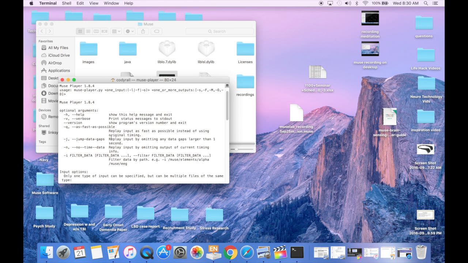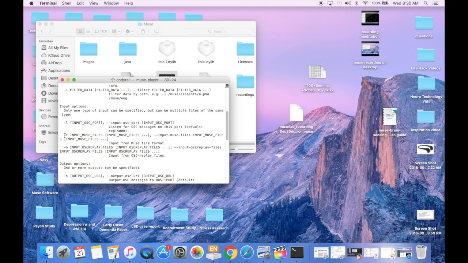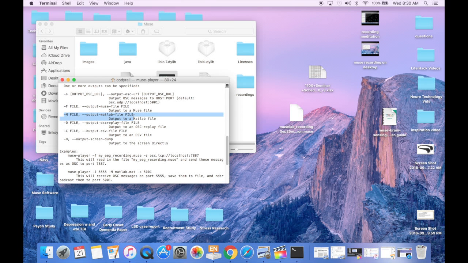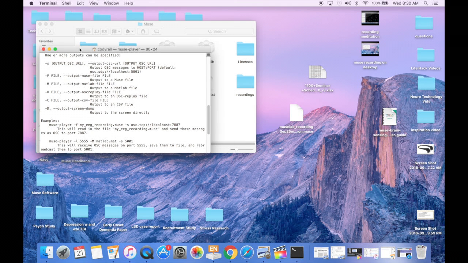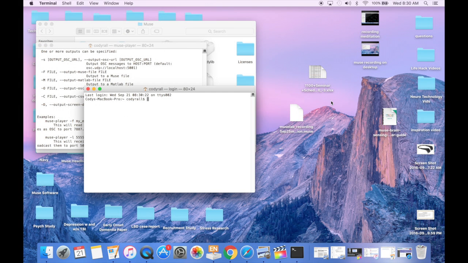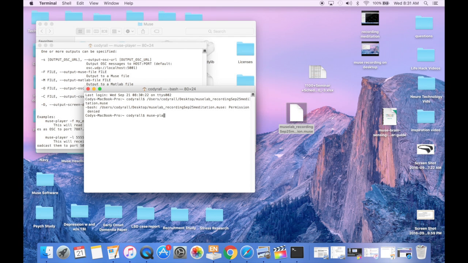What we're going to do is actually input the Muse file and output a MATLAB file. To input, it goes -F and then the file location, and then to output, you go -M and then whatever you want the MATLAB file to be called. Now open up a new window for the terminal, and one trick that I learned in doing this is that you can drag and drop your file into the terminal and it will give you the name of the location. I want you to copy that because that'll be important in the initial instructions for the Muse Player. So copy that, press enter, and then summon the Muse Player by typing in muse-player,